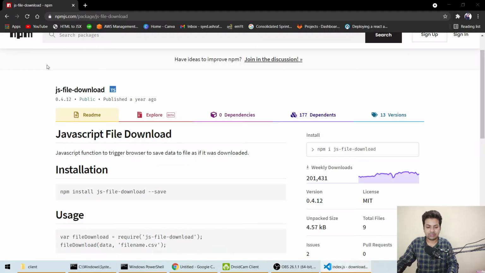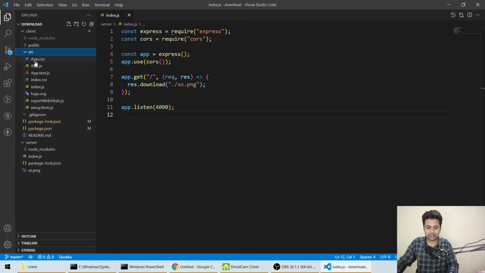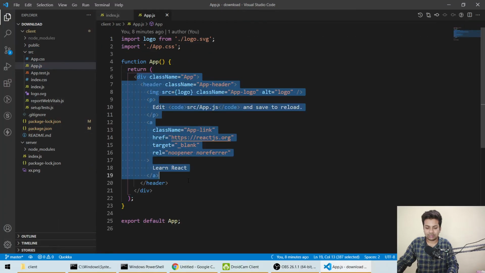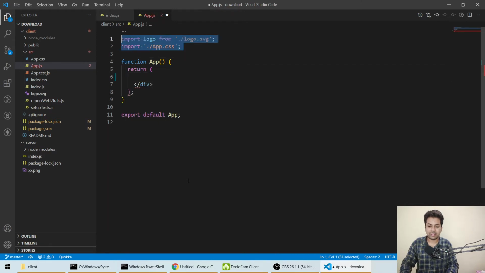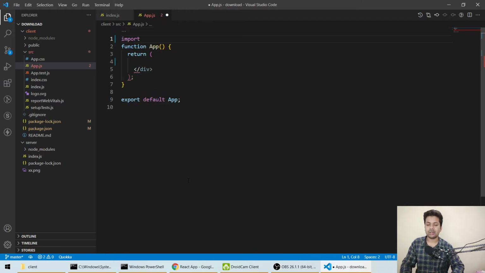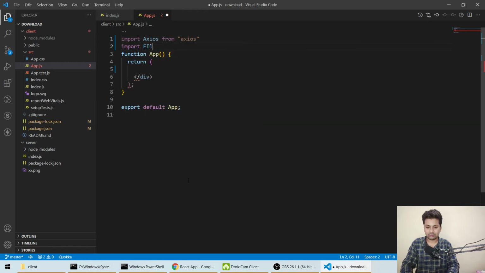Let's go to the app.js file. Okay, it's starting. Let me go to app.js and remove all these things because they're unnecessary. And now we'll import axios from axios, and we'll import fileDownload from js-file-download. Okay, now it's complete.